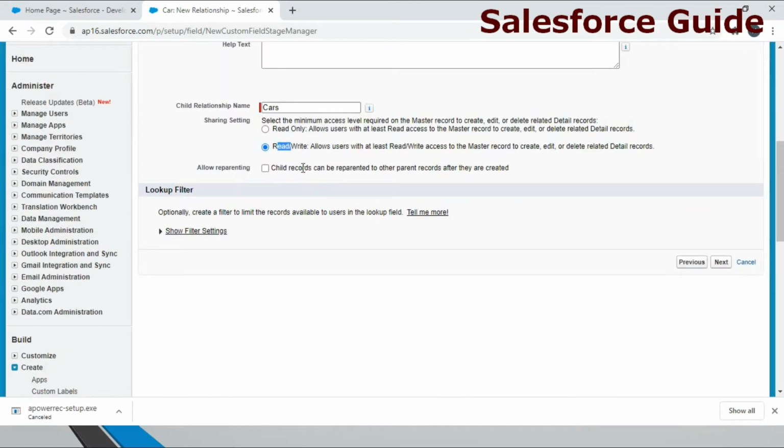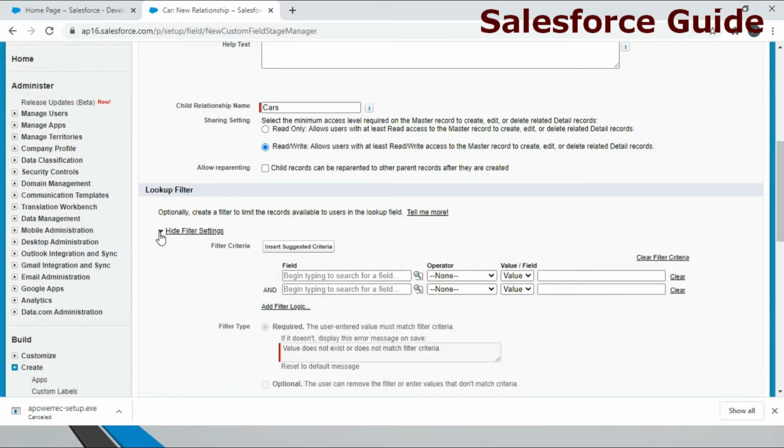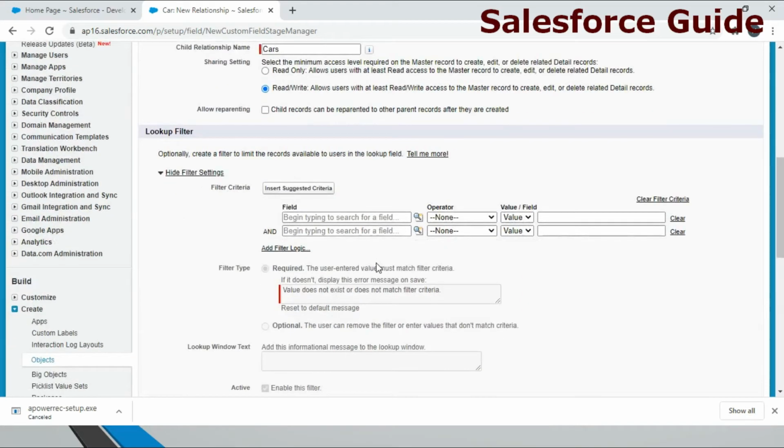Allow reparenting is a checkbox we have, which will help you to rearrange or reparent the records. The next thing is the lookup filter. You can open this by clicking here. Here is the lookup criteria. As you are aware, whenever we create a record we get a lookup field, and from that you have to select some of the records.